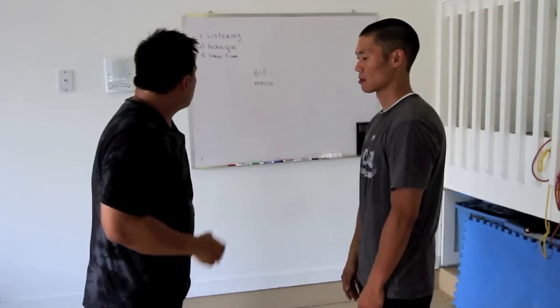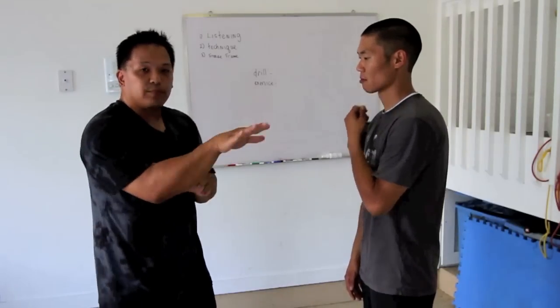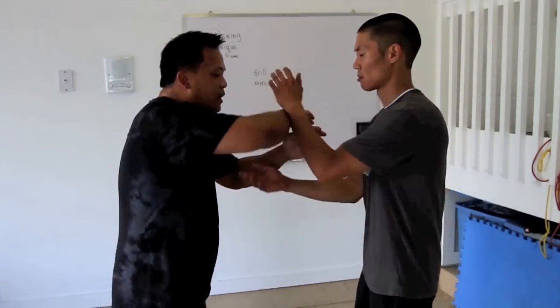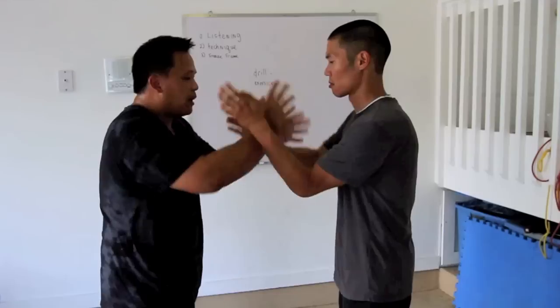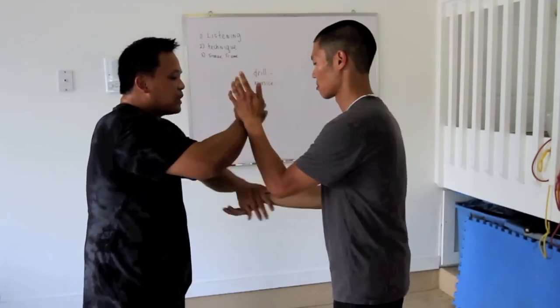The next drill we're going to do is technique blocking. A lot of times you see techniques like tan, bong, lap, pak, bu, but we don't have time to develop that particular skill. So in this drill, we're going to go slowly first. Actually, I'm going to do the attack. I'm going to start attacking Robert. Now notice when I do my attacks,